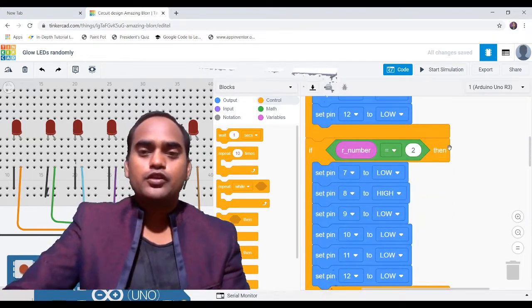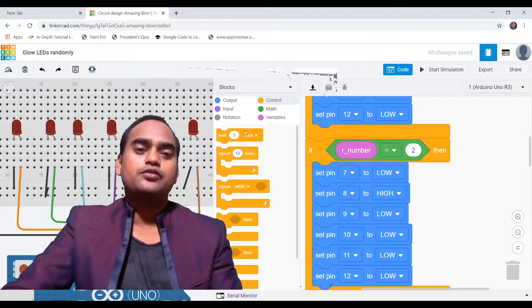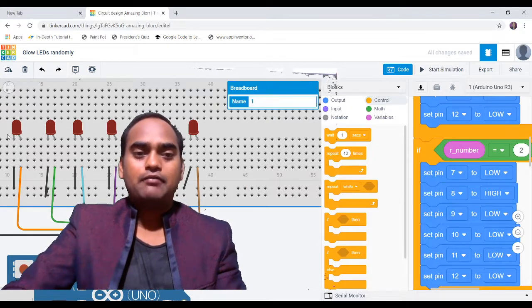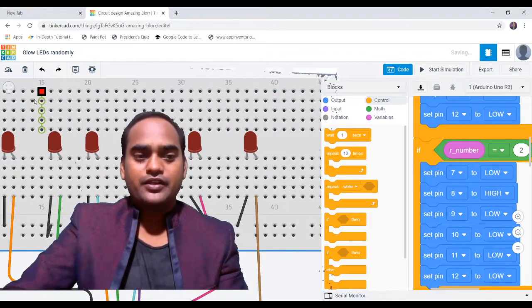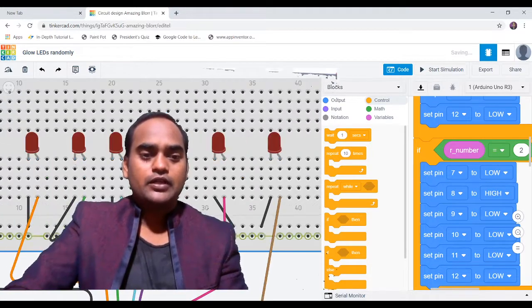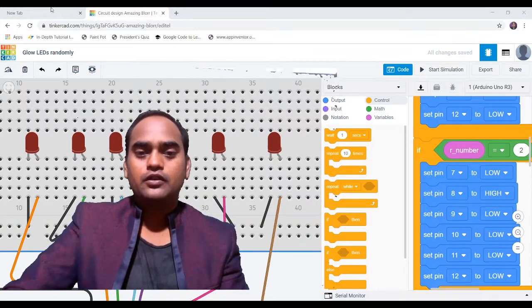Okay, so what I'm going to do this time is turn on the simulation, and I want to show you whether it is happening or not. So have we written the code correctly, or is something else needed? I'm going to zoom in a bit so that it is visible to you.